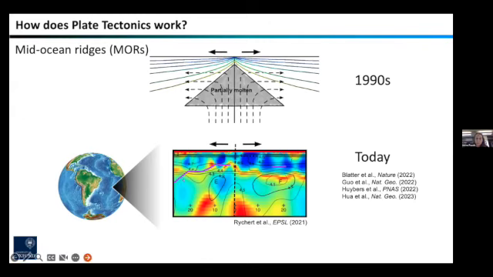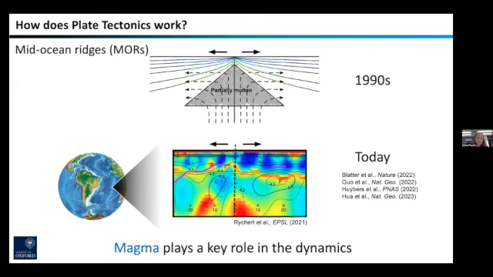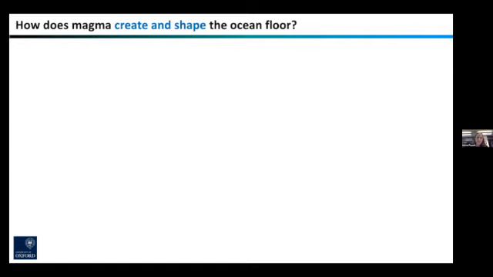But what we notice immediately is that however we interpret this data, it doesn't really look like the triangular partial melt zone as suggested by the classical view. And a number of other studies also indicate that magma is distributed more widely in the mantle and lithosphere. So essentially, we think that magma plays a key role in the dynamics. So the big question that I'm motivating my work on is, how does magma create and shape